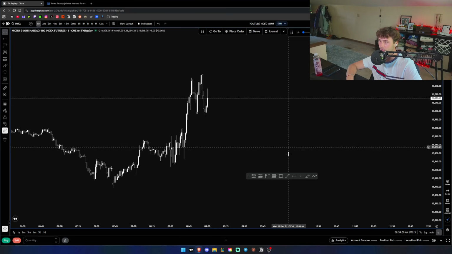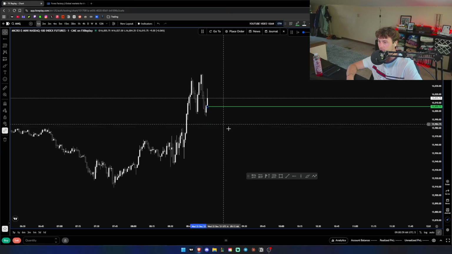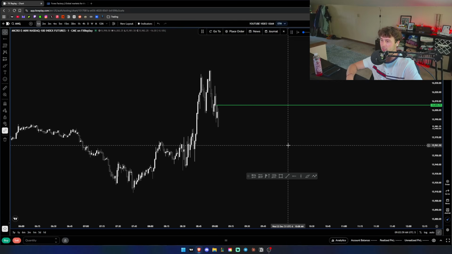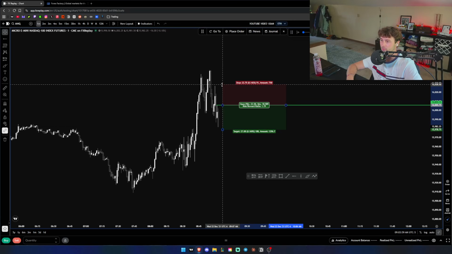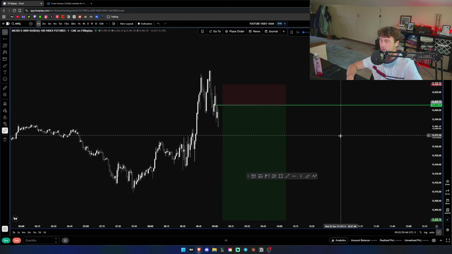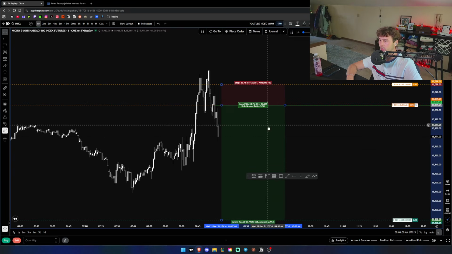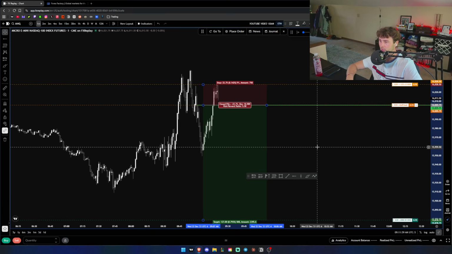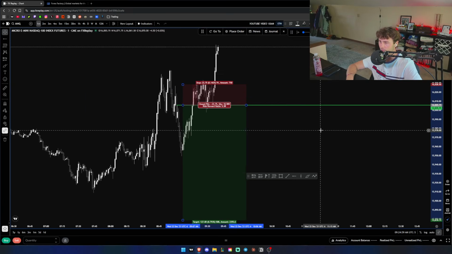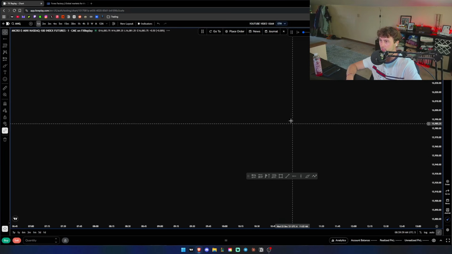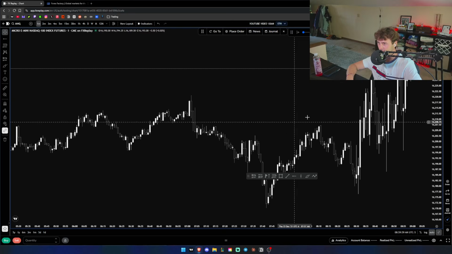Okay, so let's go forward. 9 a.m. candle, 10 a.m., whatever. Manipulation higher, break down below, retest, continue down lower, would take this probably. Place order, save, let's see if we get an entry. Stopped out. Unfortunate. Next day.